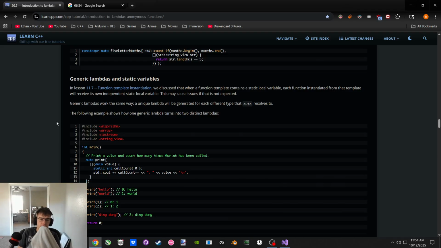And if we give it a static local, because a separate copy of the function template is made for each instantiation, each one of them has its own variable, and we're wasting memory. Or, if we call it two separate things, we'd expect the number to be the same.